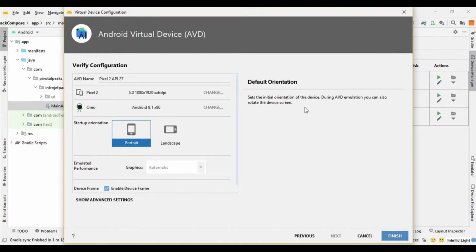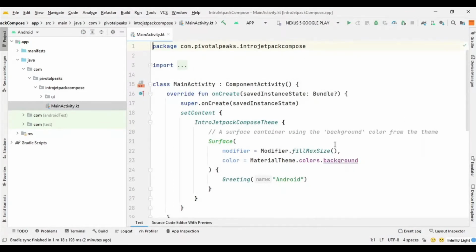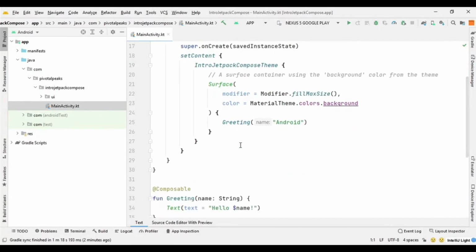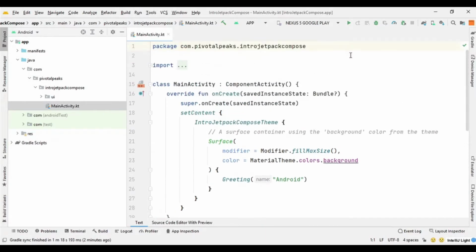I already have 3 emulators, so I don't need to create another one. So I will just cancel it and hide it. And so this is our boilerplate code for the Jetpack Compose app. Let's run it and see if everything is working fine.